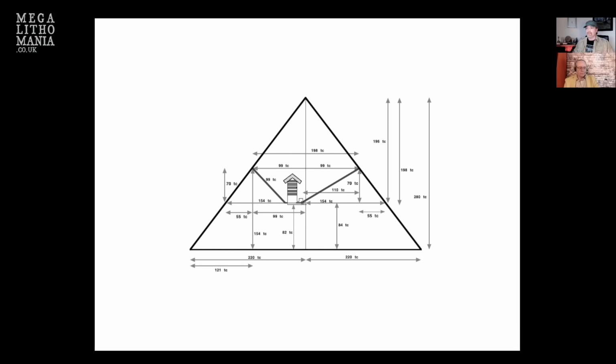So this one looks very, very complicated. What can you tell us about this? Yes, and the partner of this is even more complicated because it has the Queen's Chamber underneath it. But anyway, this was just remeasuring the pyramids not just in Thoth cubits, the royal cubit, but in what I called the Thoth rod, which is 5.5 cubits. So I think that these pyramids were all designed in Thoth rods, basically, measuring